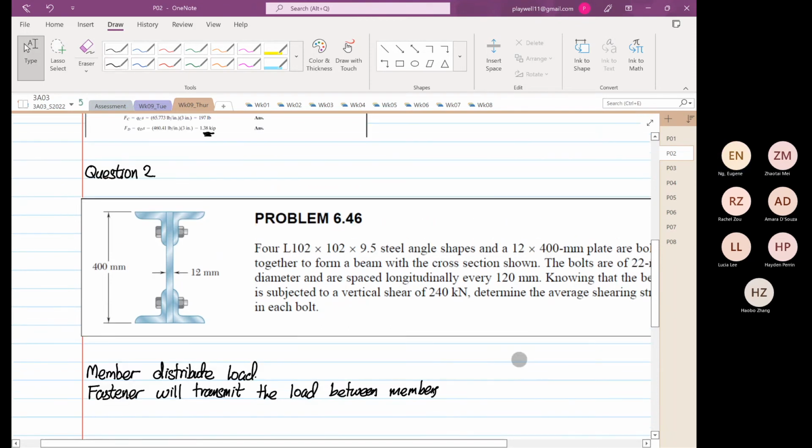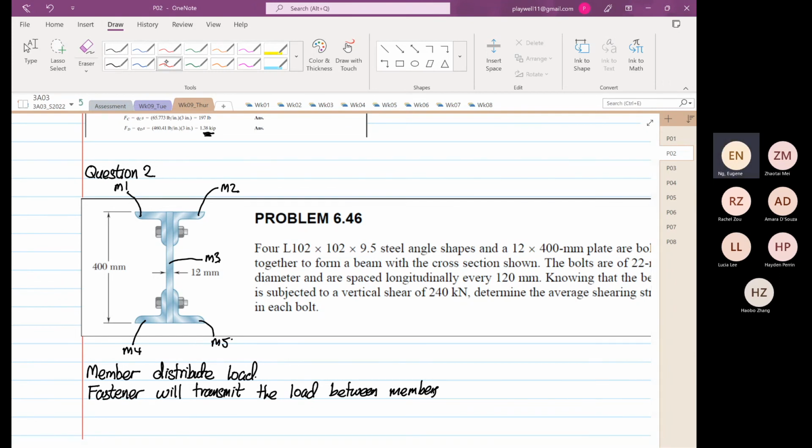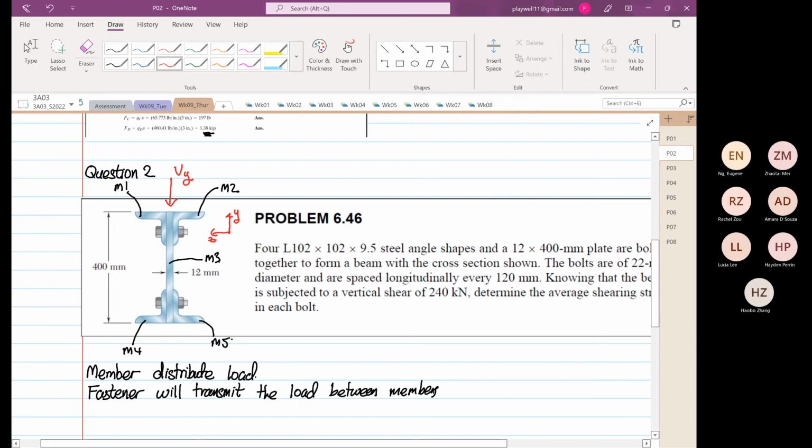So what's a member? Over here, this is member number 1, member number 2, member number 3, member number 4, member number 5. The shear force is coming down this way. This is my Y, and this is my Z, right? So if we were to design a shear flow first, we know that the shear flow is controlled by